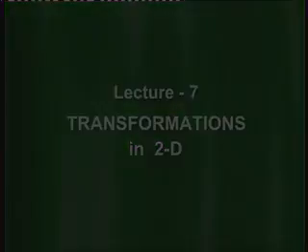Welcome everybody. We continue the discussion on 2D transformations or two-dimensional transformations. In the last lecture, we have been discussing the various forms of the transformation matrix T, basically the elements, and we have almost known what the different combinations of the values of the elements create different types of transformations, and we have been mainly discussing 4 types of transformations: rotation, scaling, shear